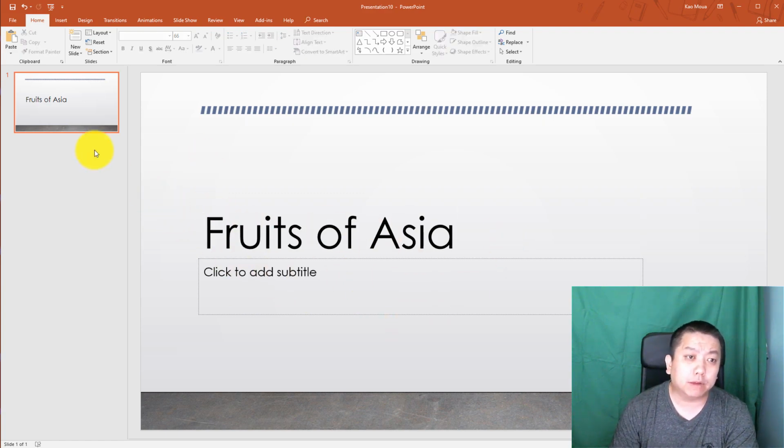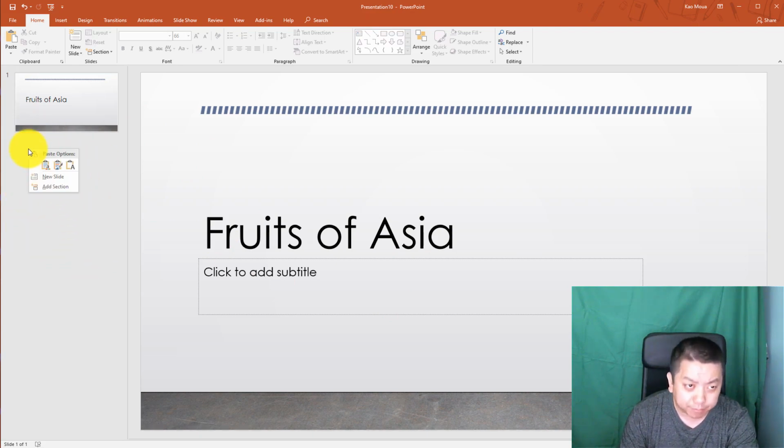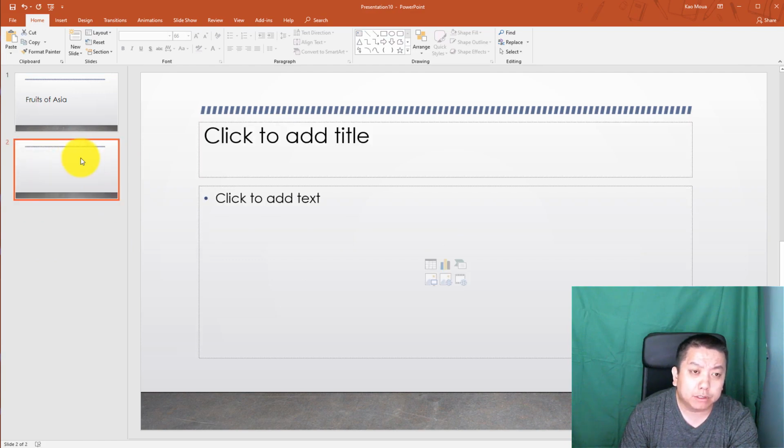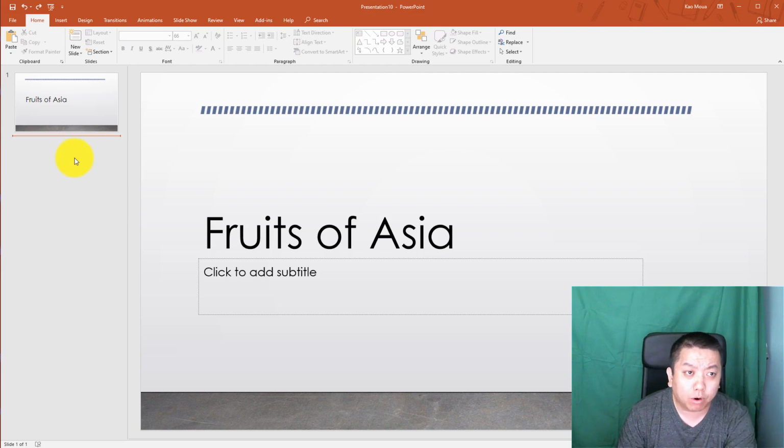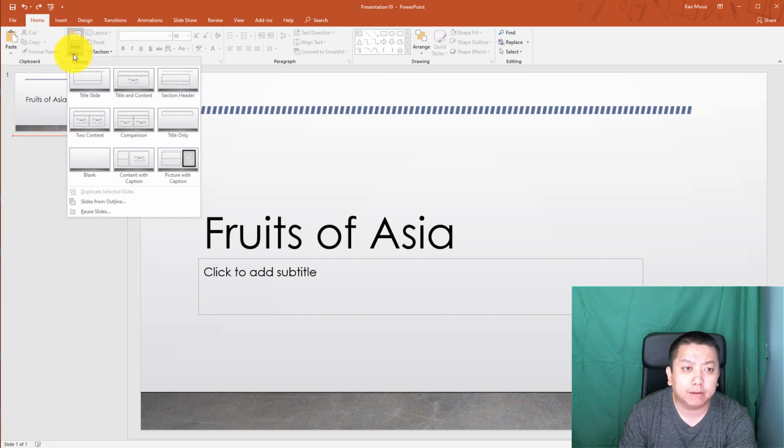Now, if you want to add a new slide, there are two ways. You can click here in the slide tab in a blank space, and you can choose a new slide. Let me undo that with Control Z. Or you can go up here in the Home tab, in the Slides group, click New Slide, and from here you can choose